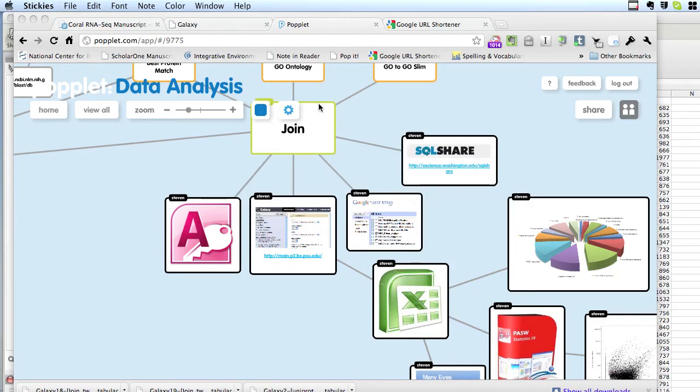All those are downloading, just to show you where we've joined the GO ontologies. I did not take it to GO Slim yet, but it's the same idea. That was done in Galaxy, and now we're going to go back in Excel and just